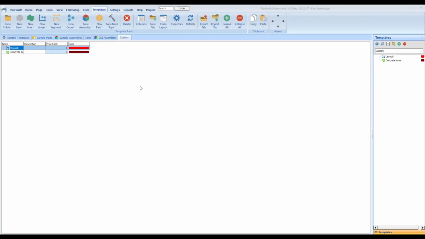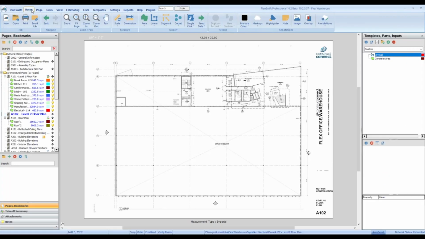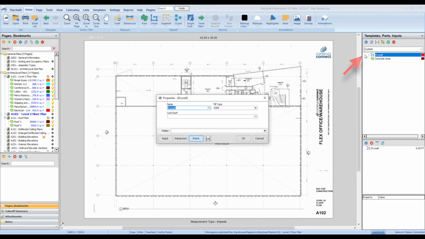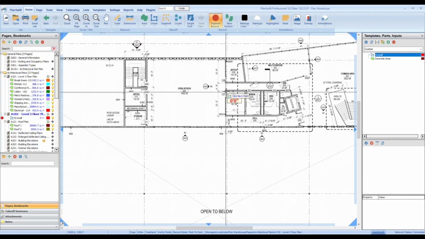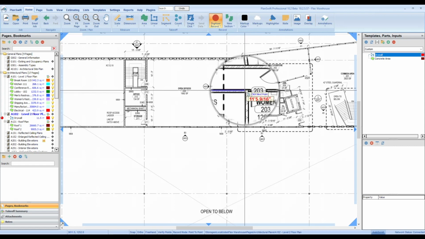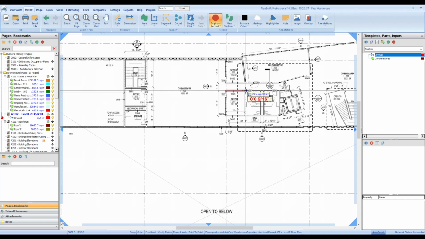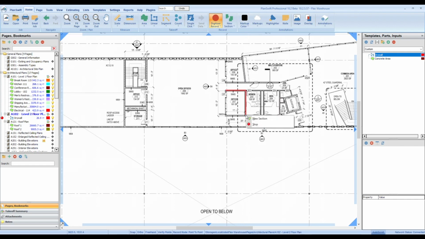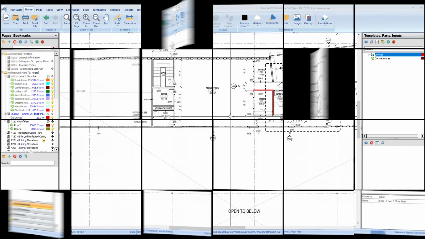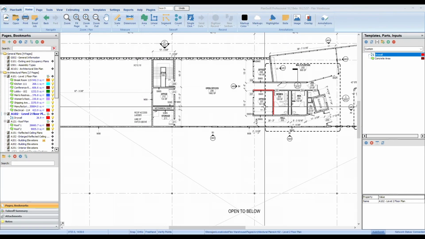Now that I've built my custom templates, I'll go back to the Home tab to show you how to launch them when I'm doing a new job. The green button is the Launch button. It launches the properties of the template. The Launch button only works for takeoff items. You won't see a launch button for material, labor, equipment, or subcontract parts. Whenever you use the Launch button from the Templates window, you are adding an entirely new item to your current job or bid. Next, we'll show how to use parts.